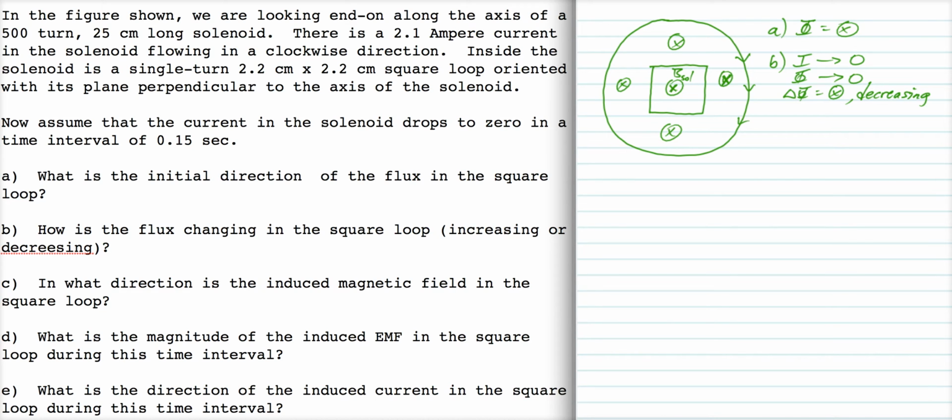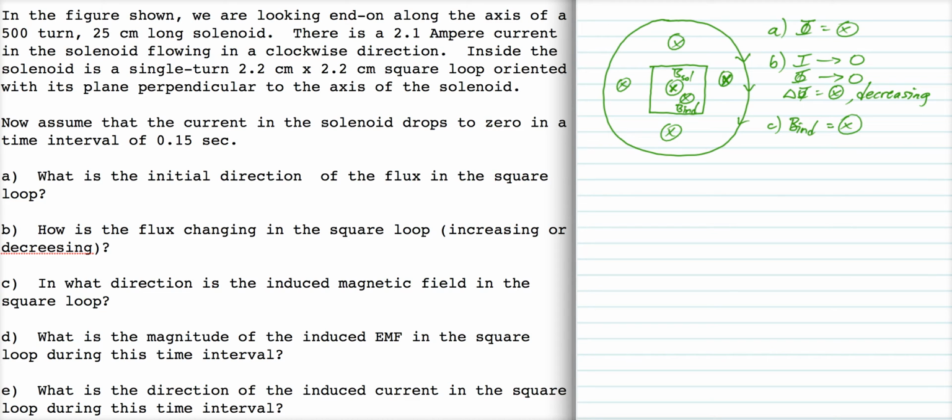Okay? Part C, what's the direction of the induced field? Well, the induced field in the square loop is going to try to replace what's being lost. So it's going to be into the page. Right? Now, as far as the magnitude goes,